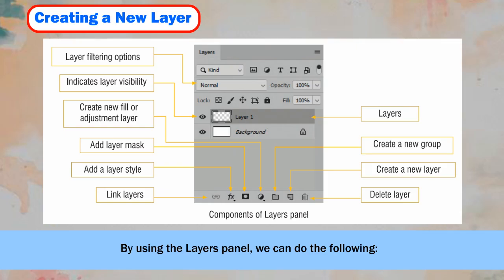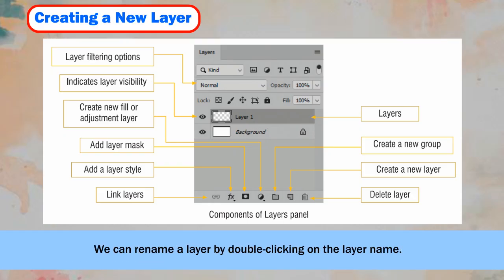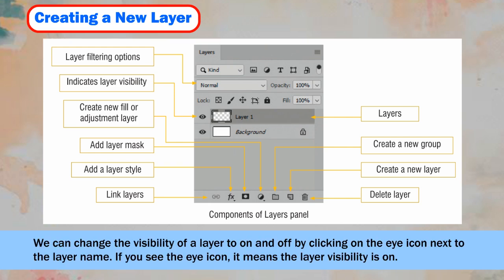By using the Layers panel, we can do the following. We can change the order of the layers by clicking and dragging the layer up or down to the new position in the Layers panel. We can rename a layer by double-clicking on the layer name. We can change the visibility of a layer to on and off by clicking on the eye icon next to the layer name. If you see the eye icon, it means the layer visibility is on.